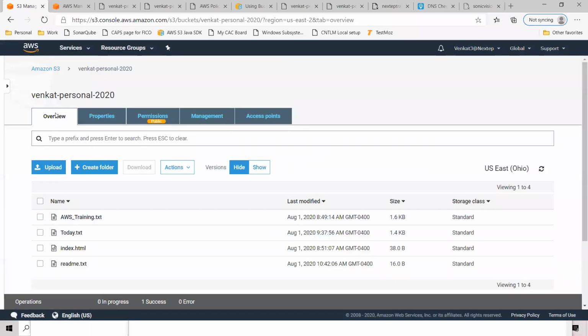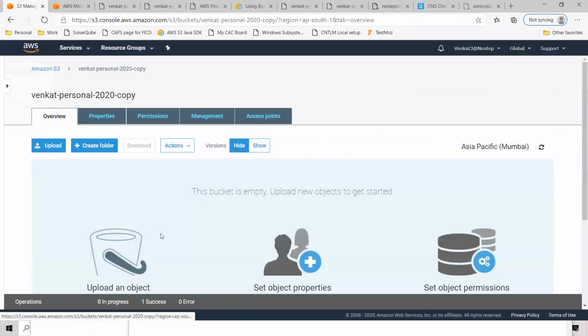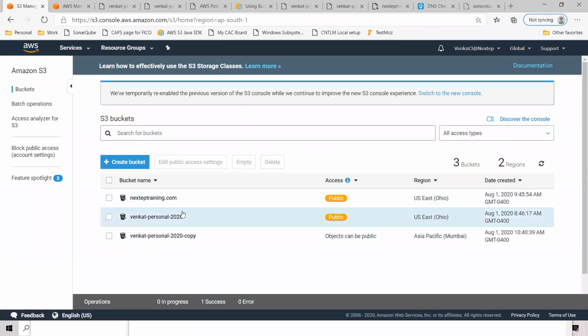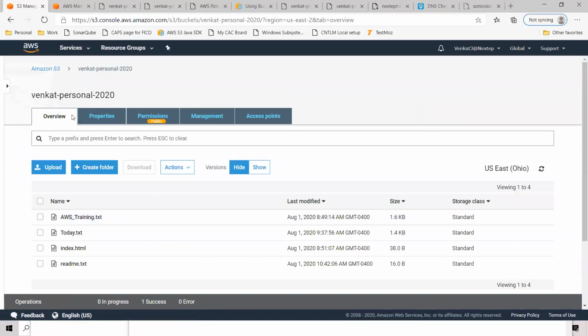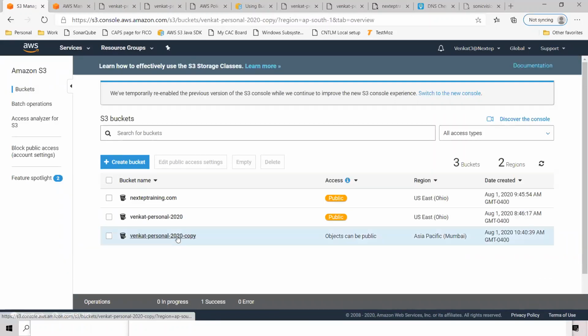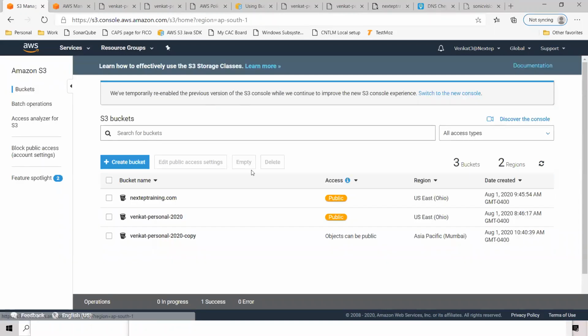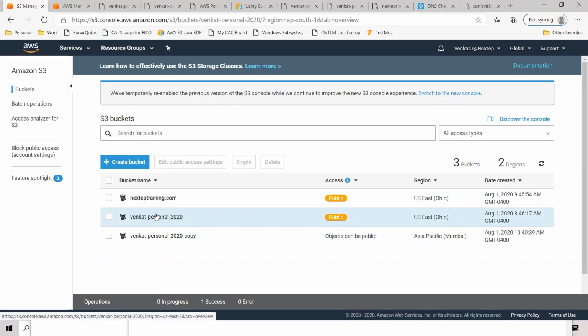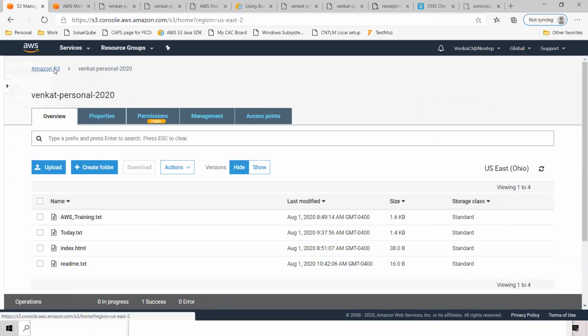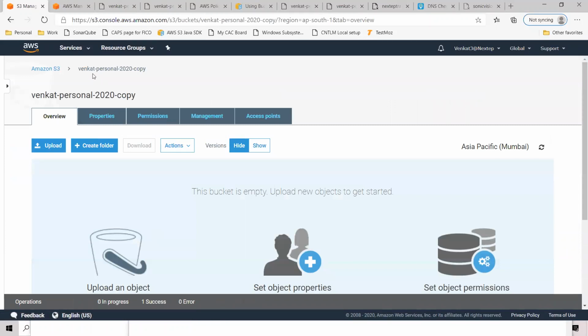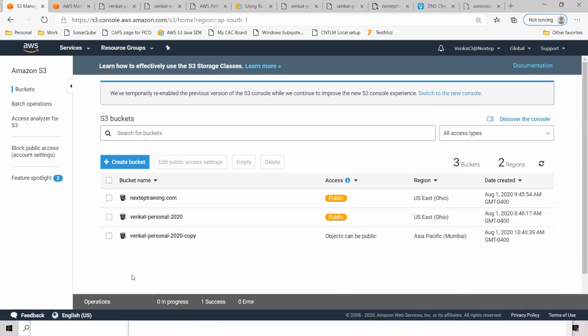Let's go ahead and upload the README. You can wait, but you must not rely on any timing. It's happening asynchronously behind the scenes. So can you schedule it? No, you cannot schedule it. This is a cross-regional replication that's automatically done. It's a managed service provided by AWS for you.